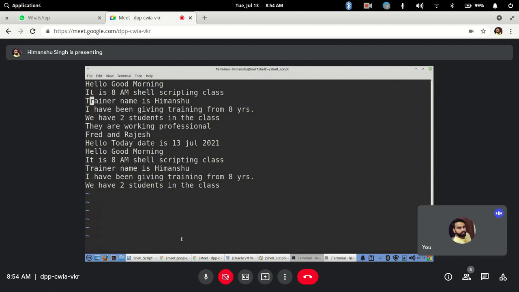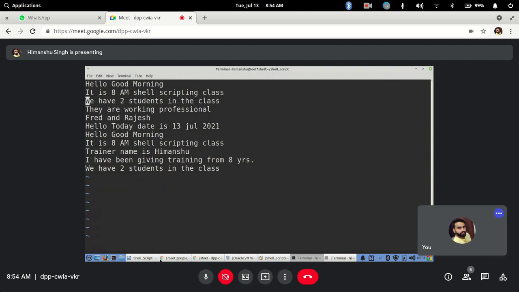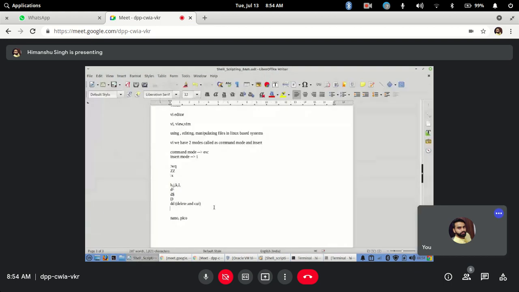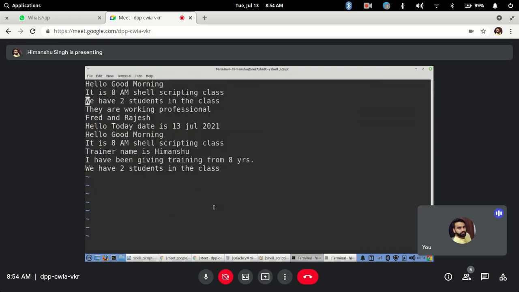So you can do 2 methods, either press 2DD or D to D. Whatever you want to learn. It has deleted 2 lines at the same time. You can do D3D, so it will delete 3 lines, 4, 5, whatever number of lines you want to delete. Clear?